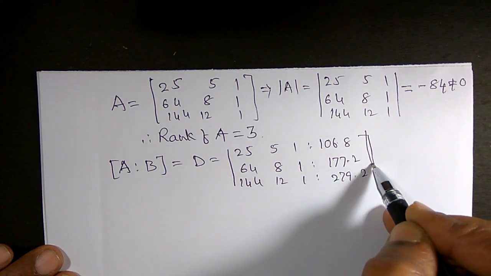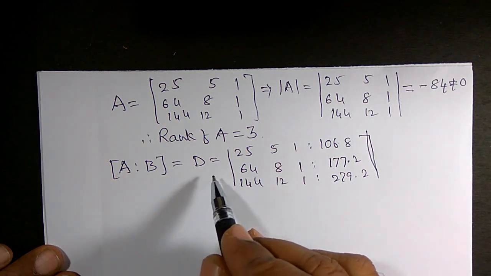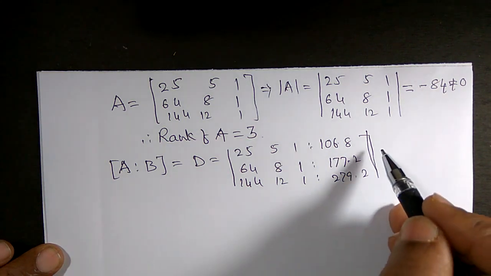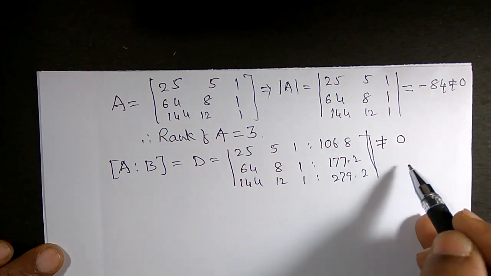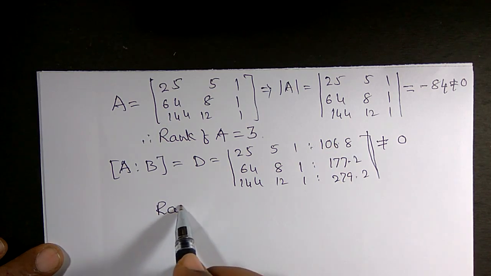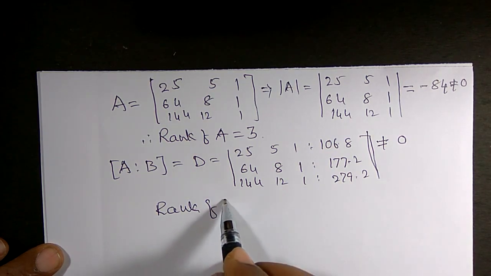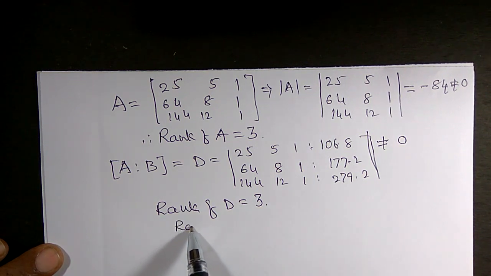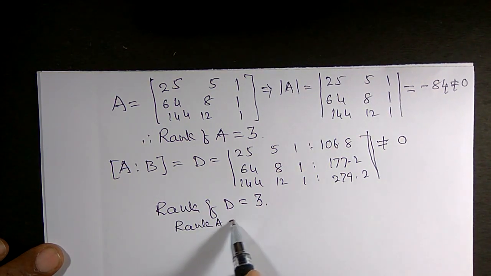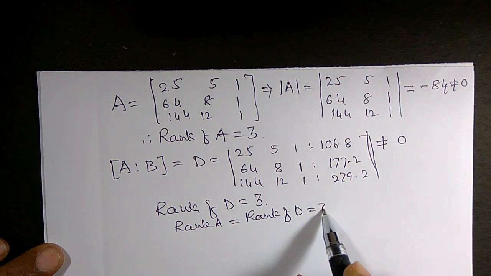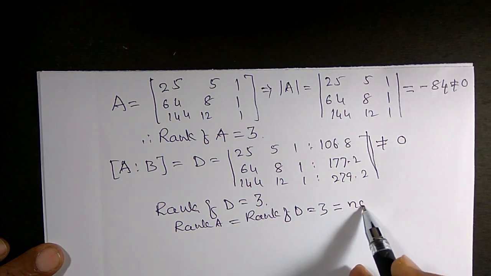So this is the augmented matrix, right? Now I will find the determinant of order 3. Again it is not equal to 0. So therefore, rank of D is also equal to 3, right? So therefore, rank of A is equal to rank of D is equal to 3